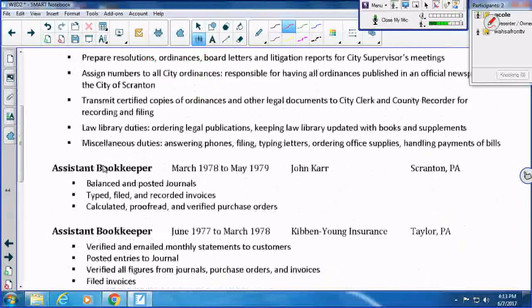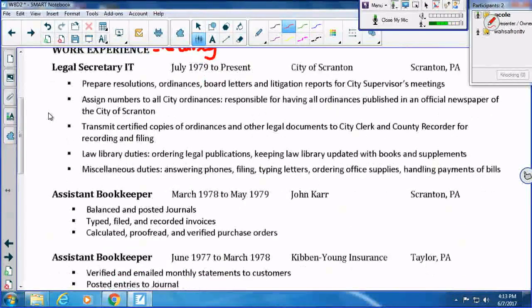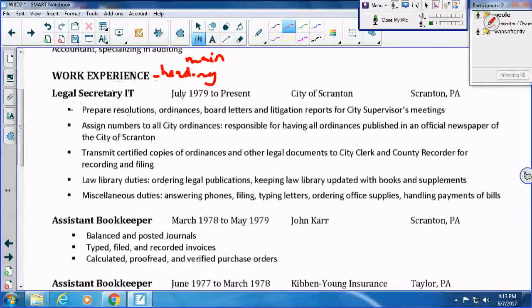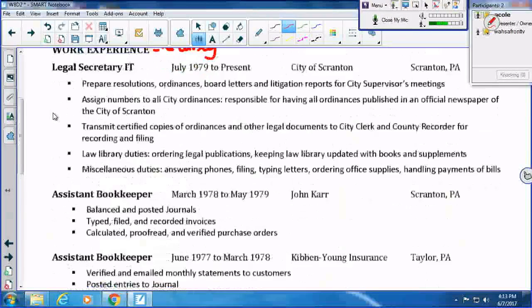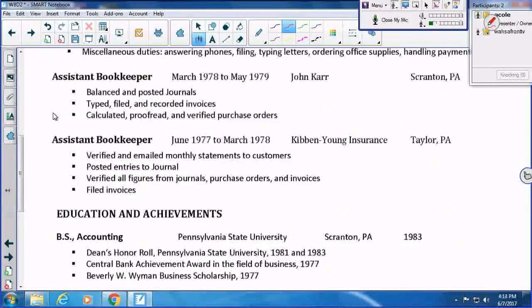So you can use bullet points to show that you're adding information. It makes it nicer to read because the points are indented a little bit, so you can see the title of the job, and then underneath there's some space. And so it's easier to read what each position is all about.